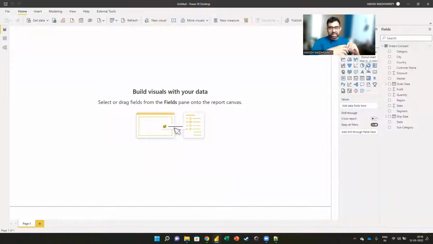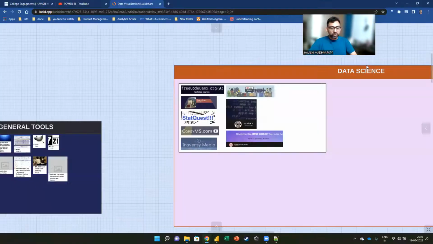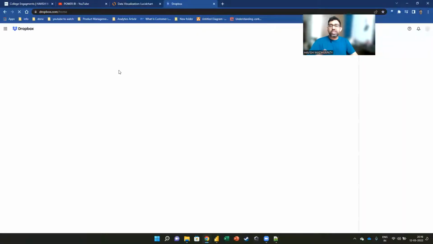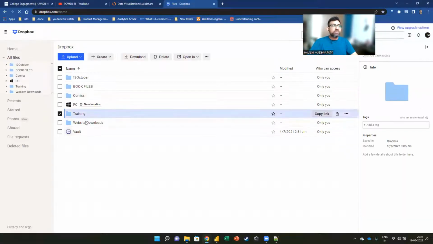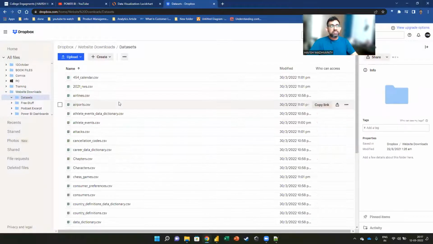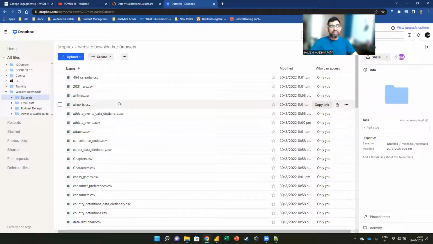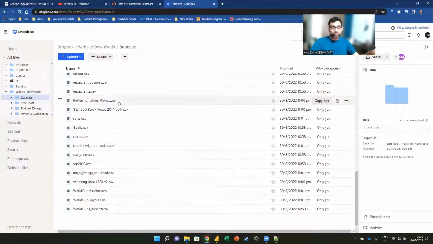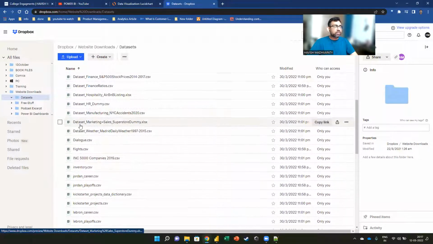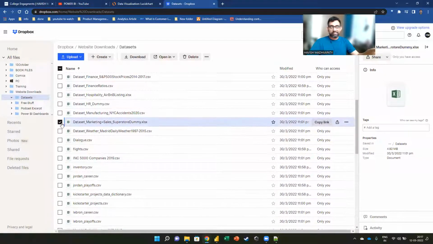Sir, can we get this data set? Right. There was also a question on the data set. After the session is over, I will also share another link with you. I hope all of you can see this. I have given you not just one, but like 50 data sets to practice with. The data set that I'm currently working on, look at this. This one, it's already there, right?